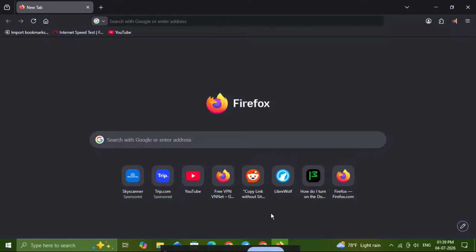If you've opened Firefox and noticed those recently visited sites or shortcut icons on your homepage and you want to remove them, you're in the right place. In this video, I'll show you 2 easy ways to clean up your Firefox start page. You can remove just one shortcut, or you can turn off recently visited shortcuts completely so they stop appearing in